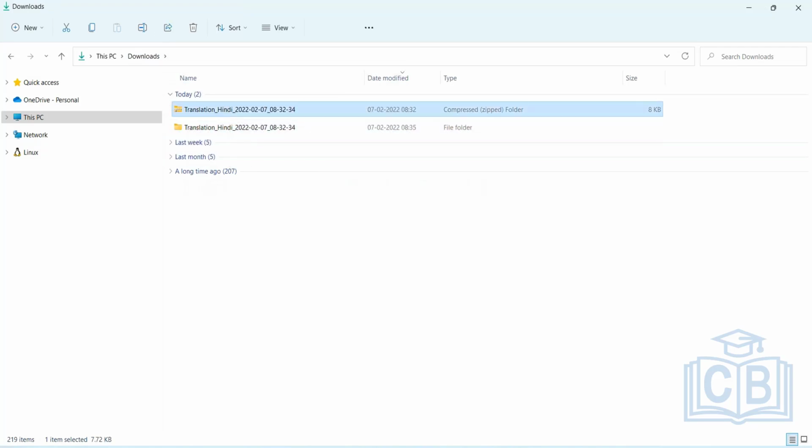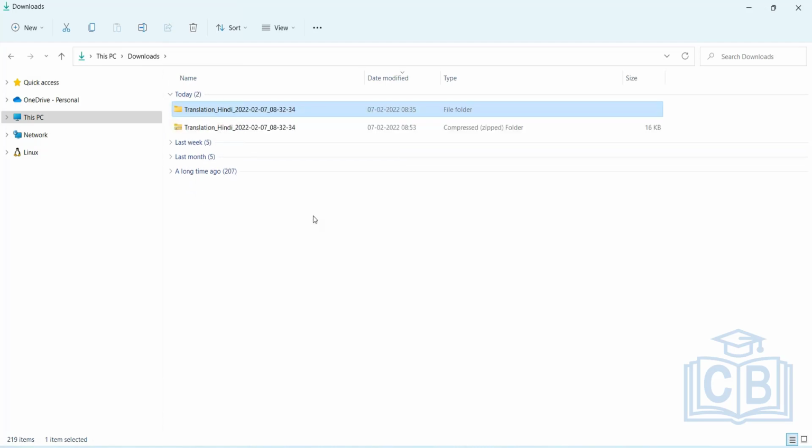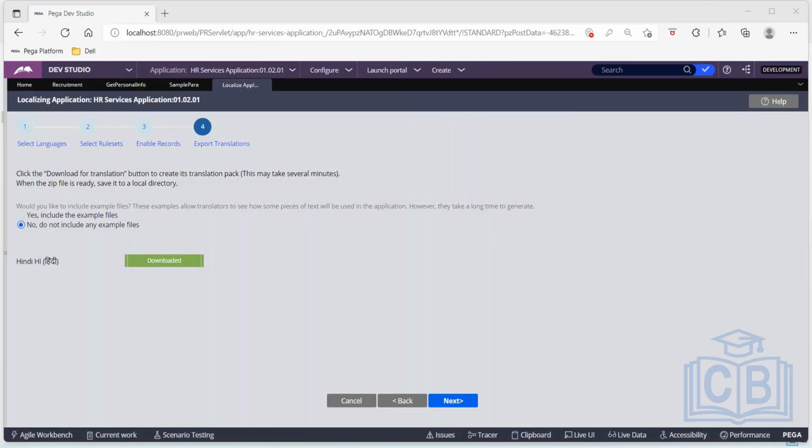Now I'll zip it back. Yes, my translation file is available. Now I've exported the language package and made some changes on the translation file. The next thing is I have to import this back onto my environment. For that I'll go back. Right, I'm here on this. Once I click next,